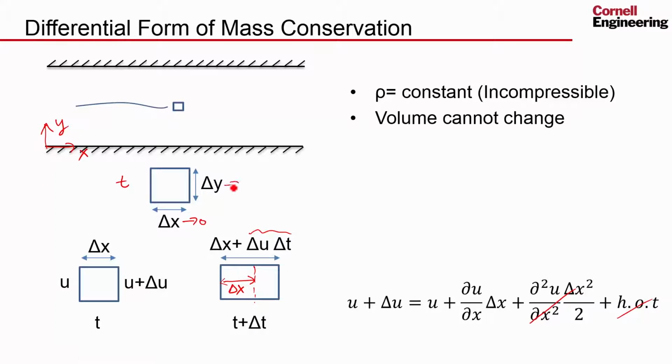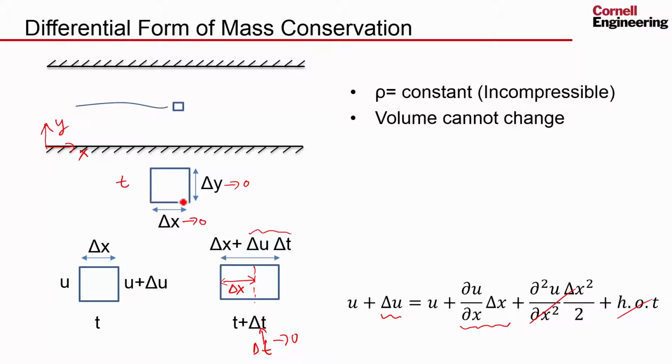I'm also going to assume that delta y tends to 0. This is the key here. And also delta t is tending to 0. Pardon my chicken scratch. And this means that delta u is given as the gradient in the x direction times